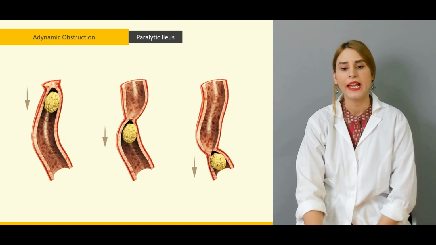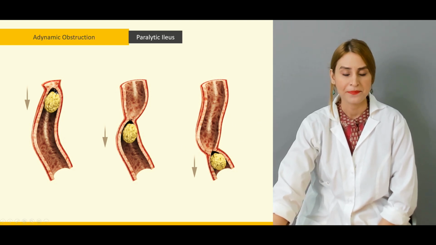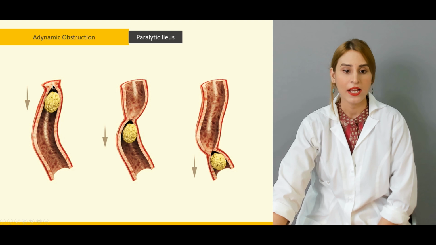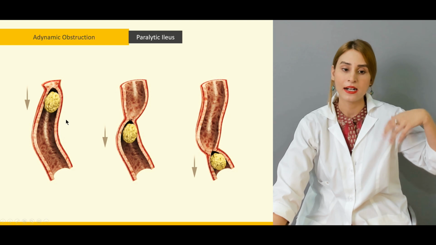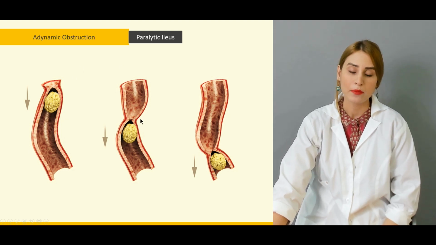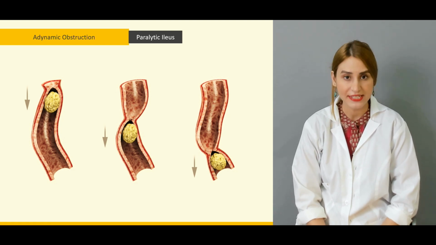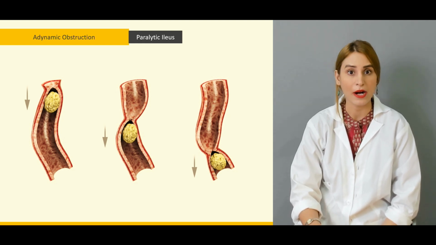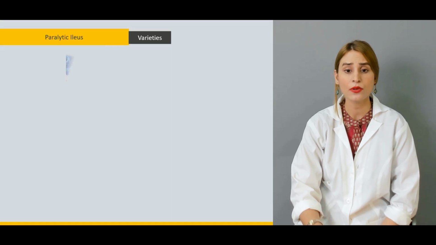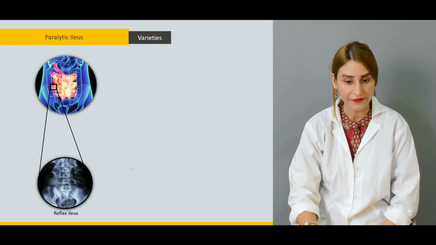But most of the time, in case of the paralytic ileus, the content is present, but the peristalsis is not being generated. This is how the primary and the secondary peristaltic waves push the bolus in the intestines. But if there is paralysis, as in the paralytic ileus, and no peristaltic activity, then there would be no bowel movement, right? So there are different varieties of the paralytic ileus, and most commonly it's a reflux ileus,